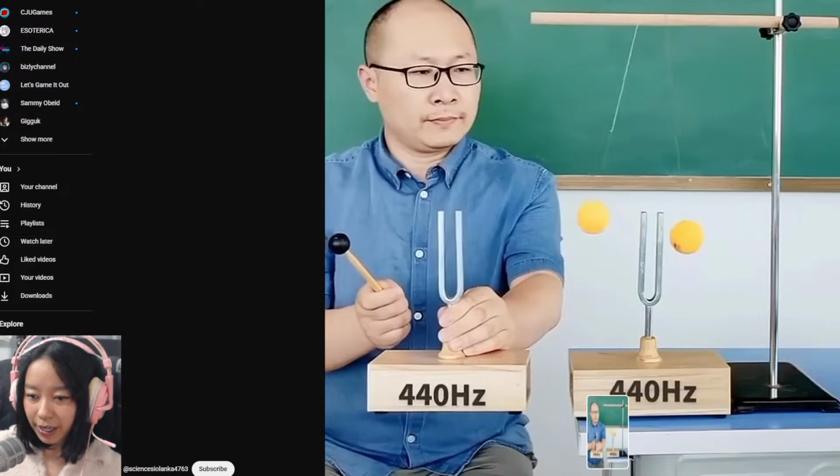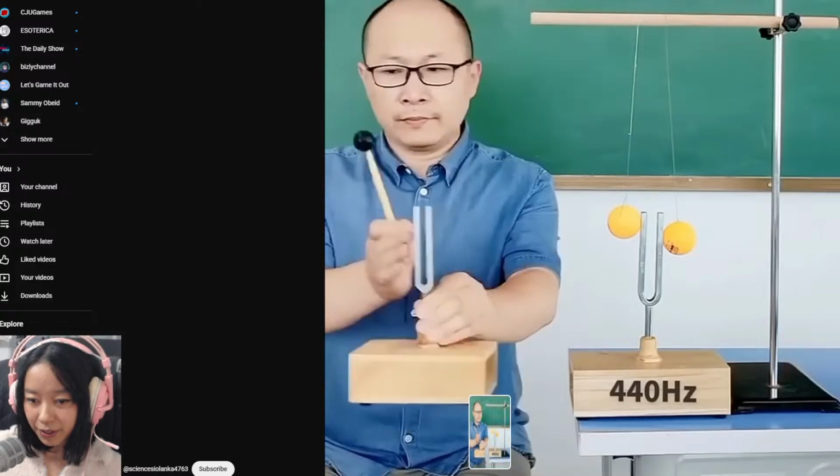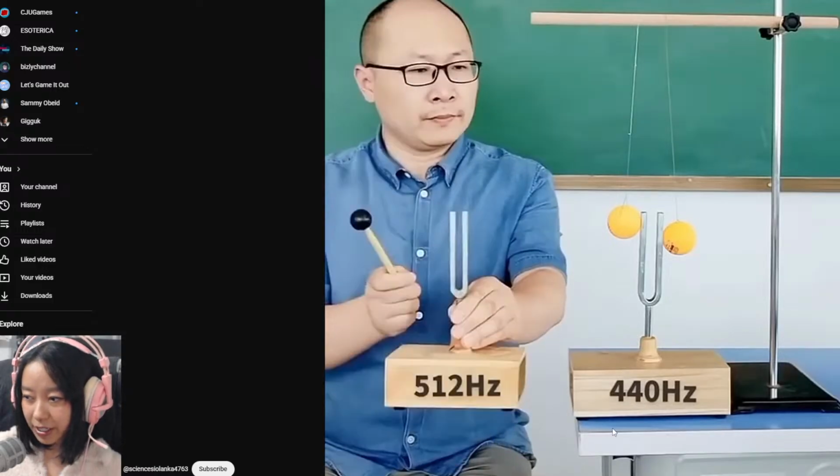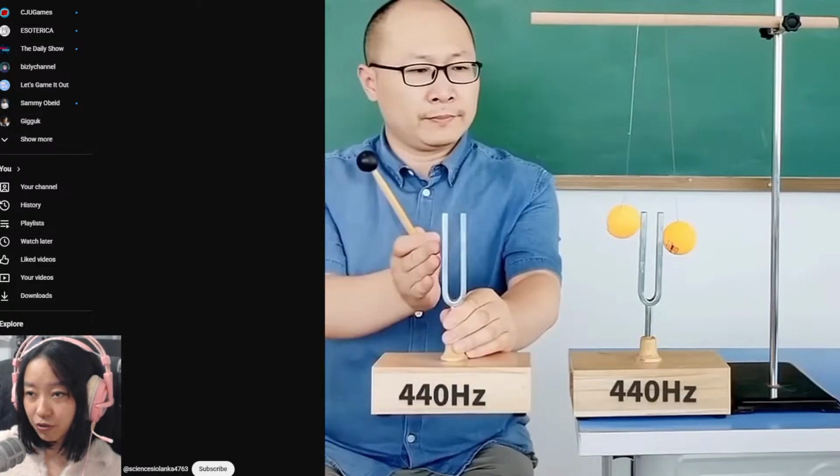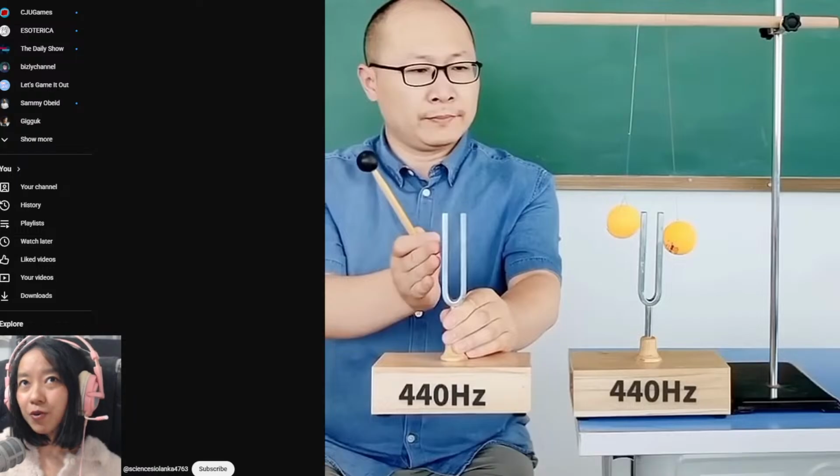If you have a different frequency, like this one is 440, another one is 512 hertz, because they don't match in frequency, it will not create a resonance. How I can relate this to AI is that users like me, I'm not trying to say that I teach AI, but users like you, who accidentally tune their AI, or maybe you didn't notice. I don't know the process, but for me specifically, because I strive to understand things well,